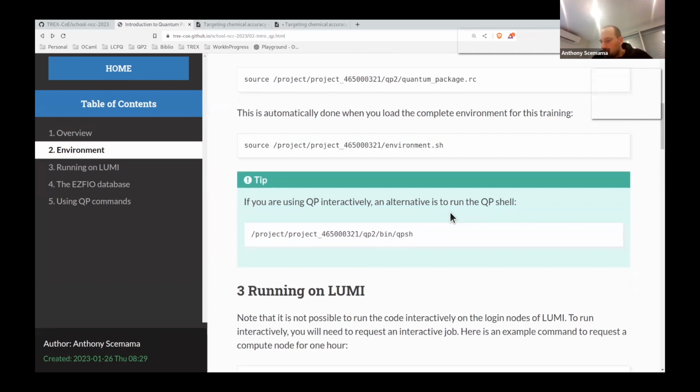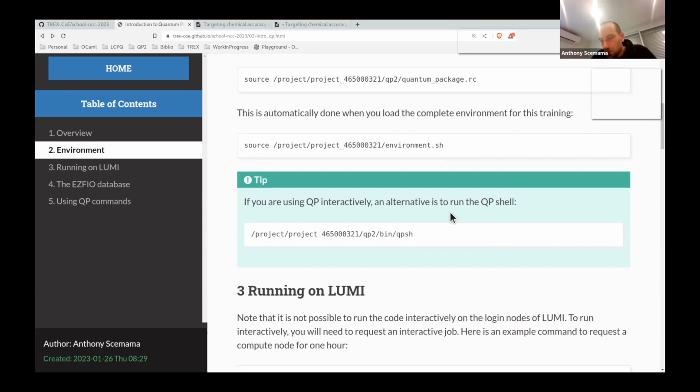Usually when you do small calculations and you play a little bit, you will use it interactively, because if every time you want to make a simple calculation that lasts 5 seconds you need to submit a new bash script, it is going to be a bit painful.